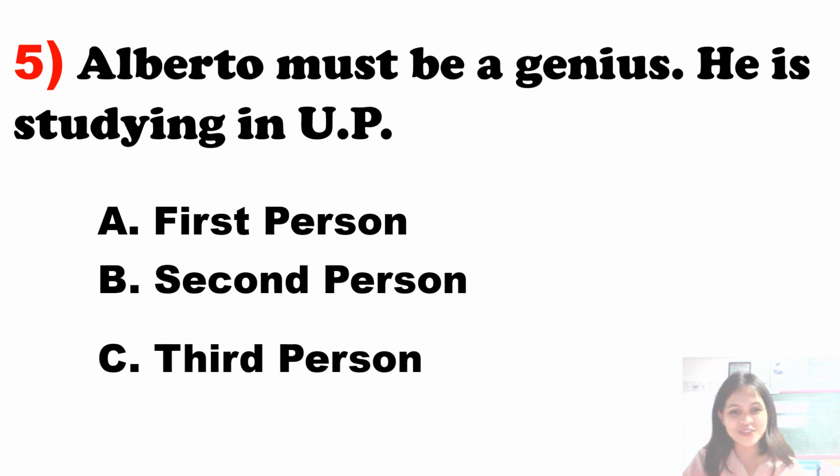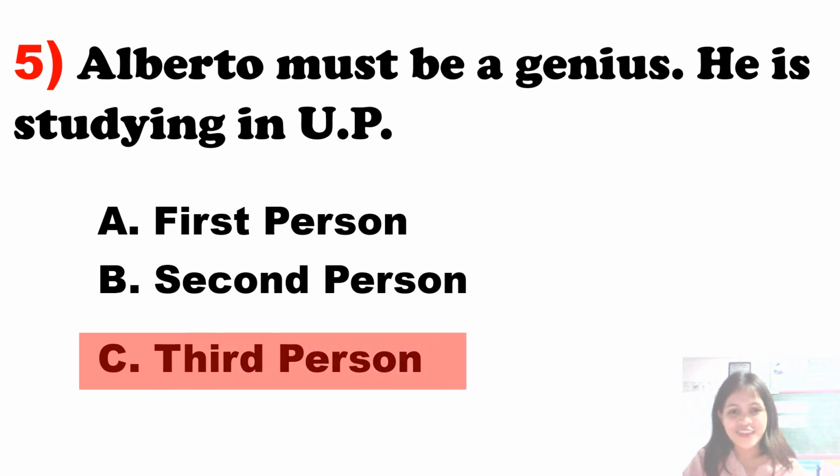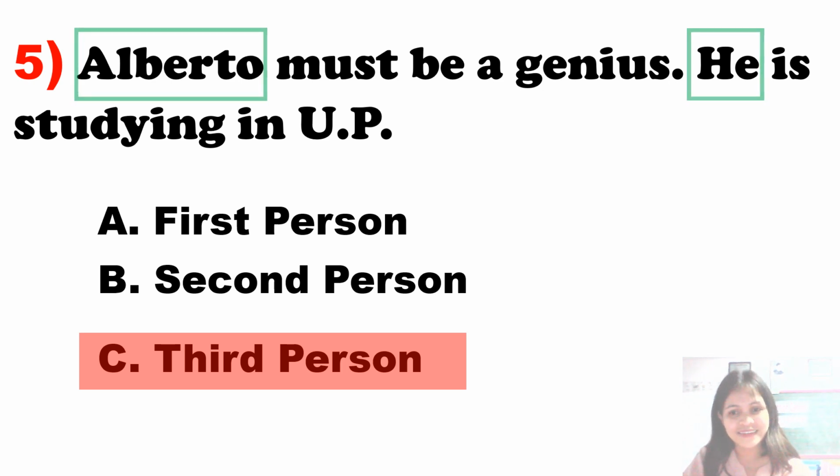And the correct answer is letter C. Third person point of view. The narrator is not the character. He or she tells the thought or the feeling of the character in the story. That is why he or she uses the pronoun he. So that is your clue there. Okay, now,